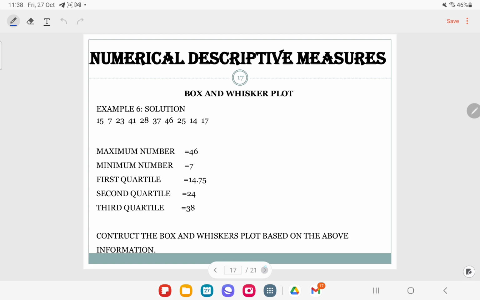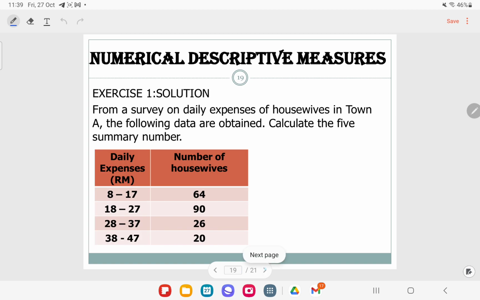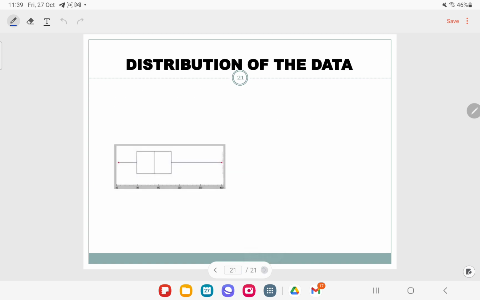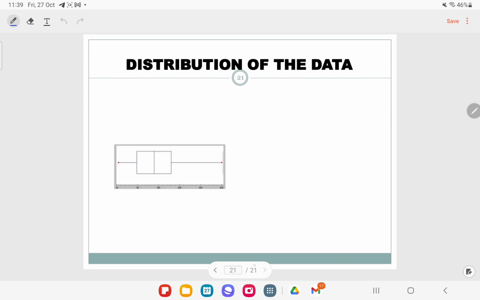Okay, alright, so these are the example exercise that you can do. Okay, so the solution on it. Okay, the next example ataupun exercise yang you boleh buat dekat dalam you punya tutorial part lah dalam buku you tu. Alright, so that's all for the measure of